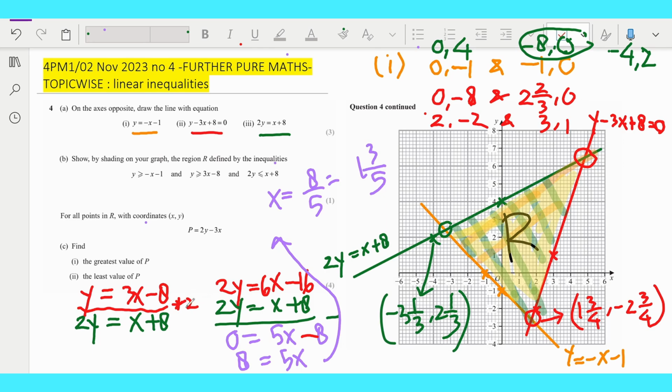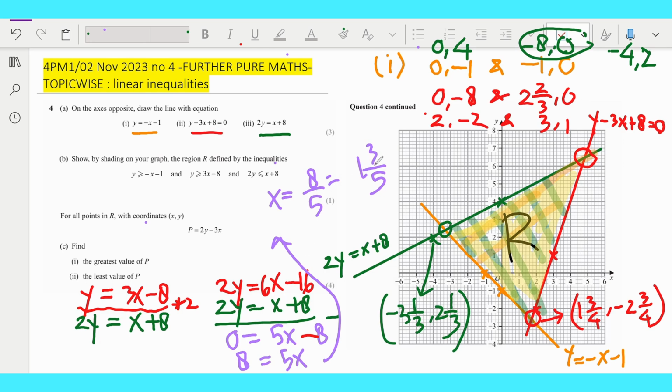So 2 times y is 2y, equals 2 times 3x is 6x. Negative 8 times 2 is negative 16. Now 2y and 2y are of the same sign, so we subtract: 2y minus 2y is 0, 6x minus x is 5x, negative 16 plus 8 is minus 8. So we move negative 8 to the left: 8 equals 5x, and to isolate x, x is 8 over 5